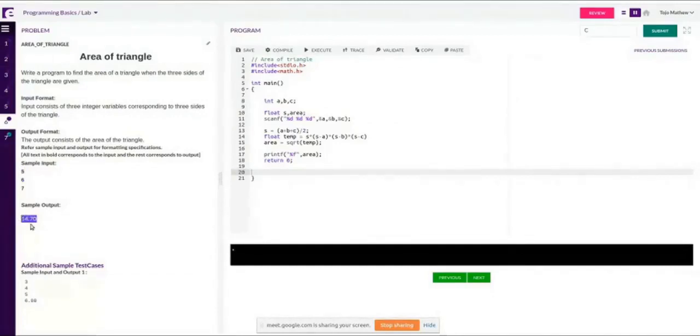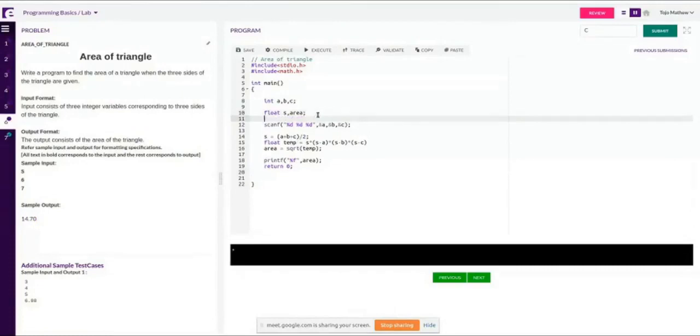In some other program, there will be an input statement, "enter 3 numbers". In that case, you have to put a message with printf, "enter 3 numbers", exactly the same. If it is given in capital letters, or there is a space in between, you have to follow it exactly the same way. Then for output, there is no message like "area of the triangle is 14.4". In that case, simply print the output value.